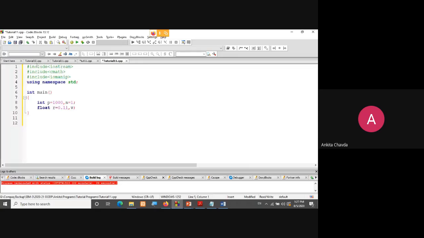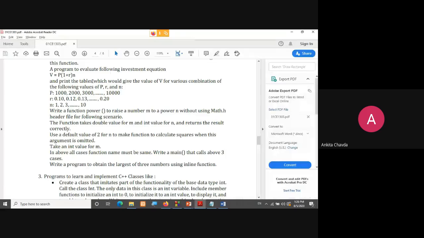Fine. So here iostream is required, and I'll use the power function for this equation, right? I just forgot to tell you, sorry about it. It is P into 1 plus r raised to n.